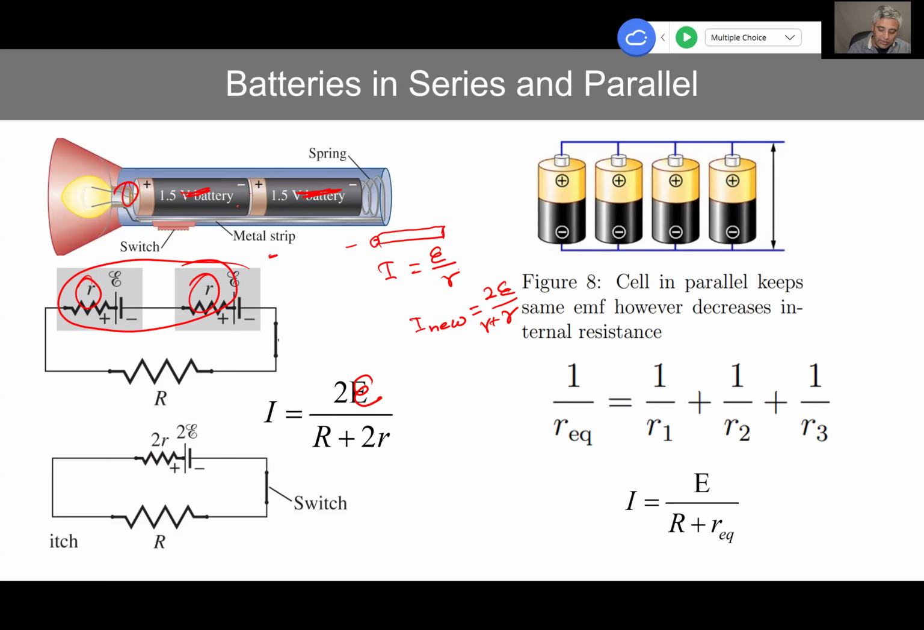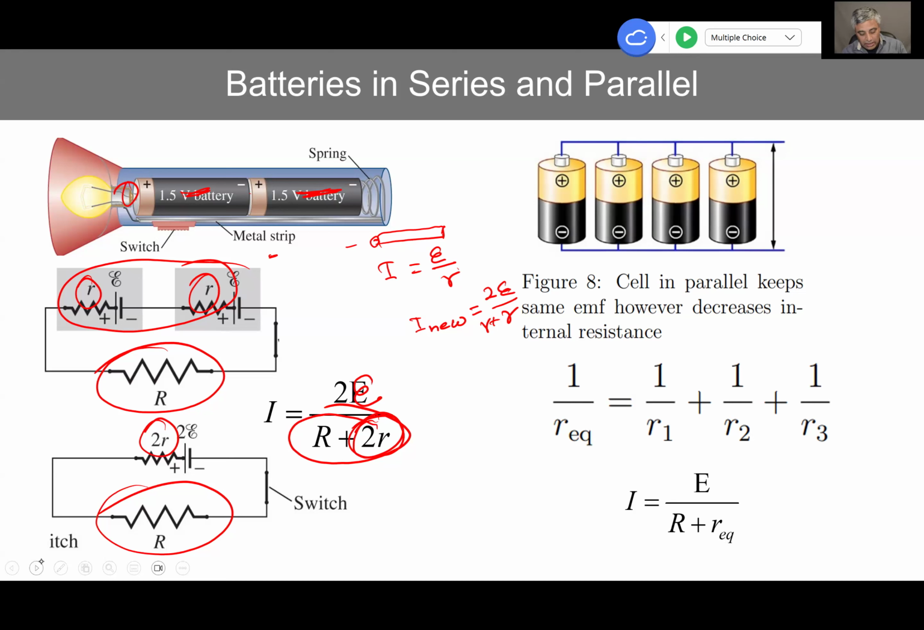So when there is no external resistance, it becomes even worse. But usually this resistance is very large compared to the internal resistance. So because of that, current increases, but it does not double. Okay, because this internal resistance now in series means the total resistance in the circuit is now larger